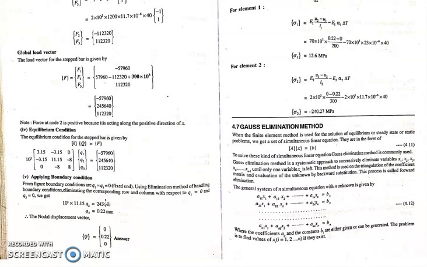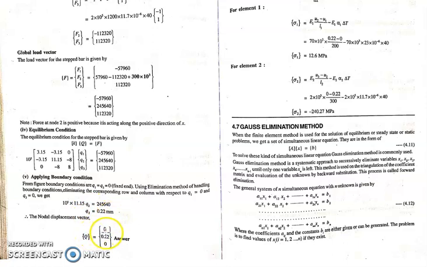Once you get the resultant force matrix, you need to go for the equilibrium condition. So this is the equilibrium equation, K into Q is equal to F. So K, Q and F they have listed. Now apply the boundary condition. Using the elimination method, see here both the first node and third node are fixed. That's why eliminate first row and first column, third row and third column. You will get only Q2, that is 11.15 into 10 to the power 5 into Q2 is equal to this value. Then by using this formula, find out the displacement at node 2.